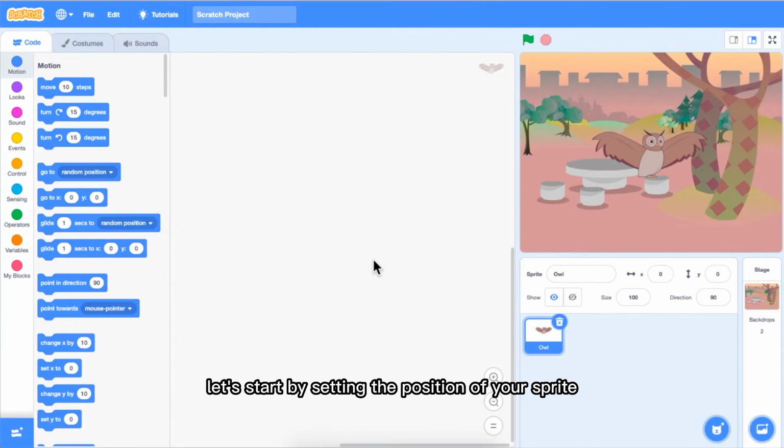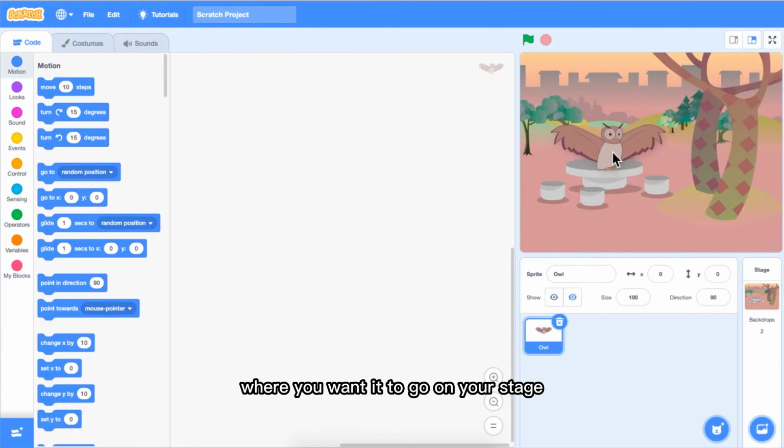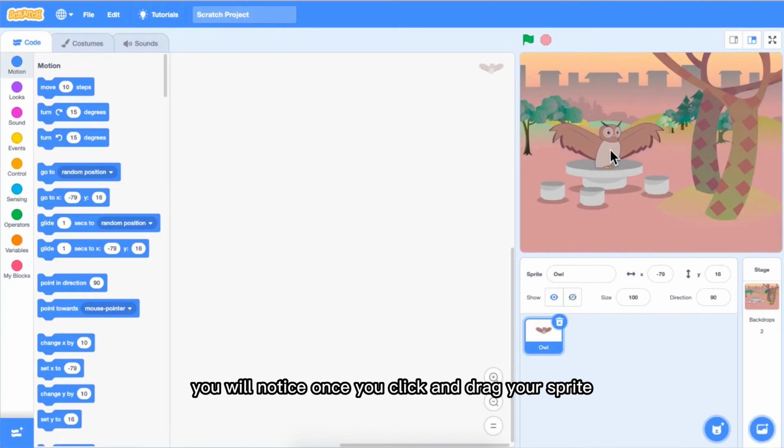For this episode, let's start by setting the position of your sprite. Click and drag your sprite where you want it to go on your stage. So for this part, I'm going to put my sprite on top of the table. You will notice once you click and drag your sprite that your X and Y coordinates in the sprite's pane